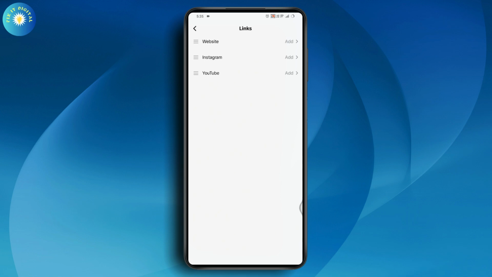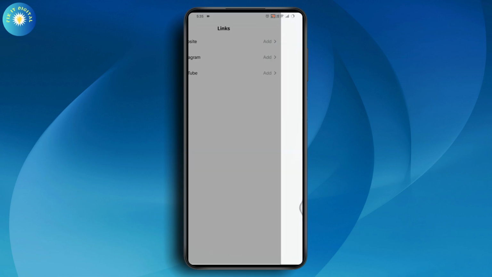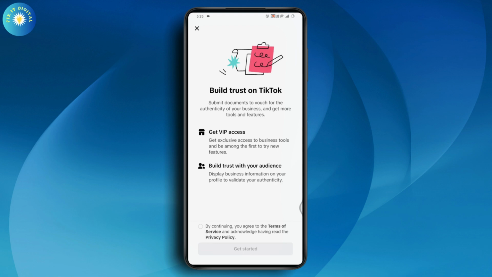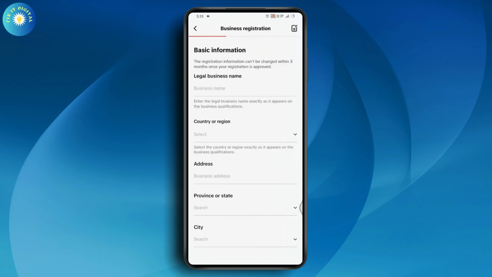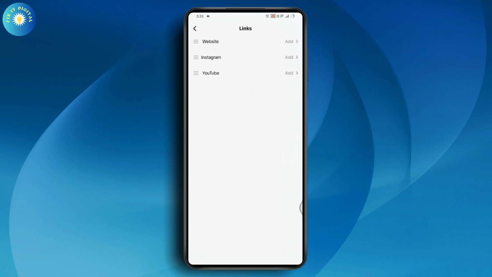So just simply tap on add, tap on get started. Make sure that you have a business account, because if you don't have a business account, then you won't be able to add your website link. But if you want to add an Instagram link or a YouTube link, then you can simply tap on Instagram